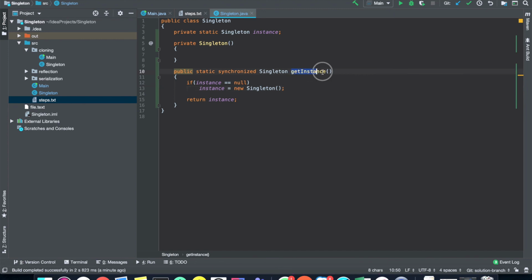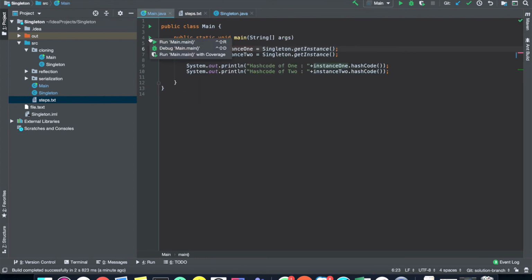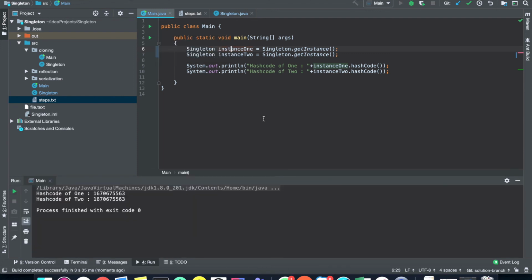Whenever the getInstance method is called for the first time, only then is the new object created. Even if this method is never called in the entire life cycle of the application, the object won't be created, which is useful for saving memory. Again, we'll run this code, and the result will be the same.